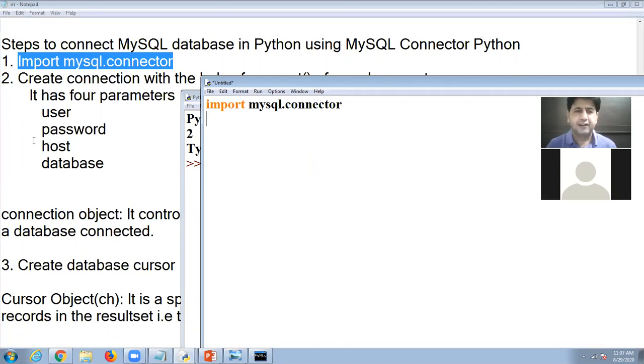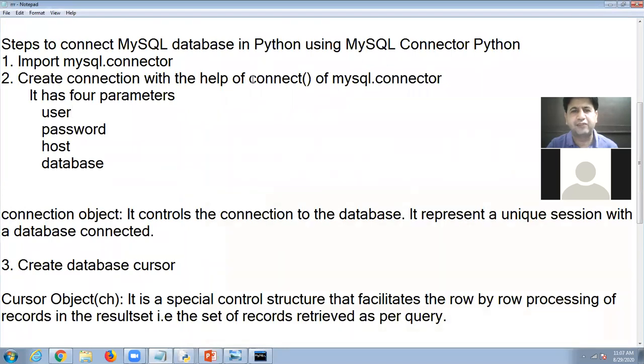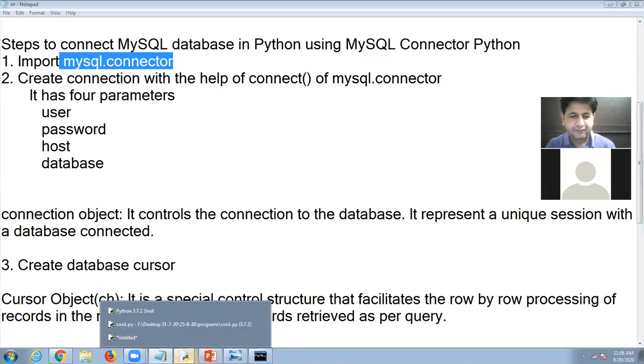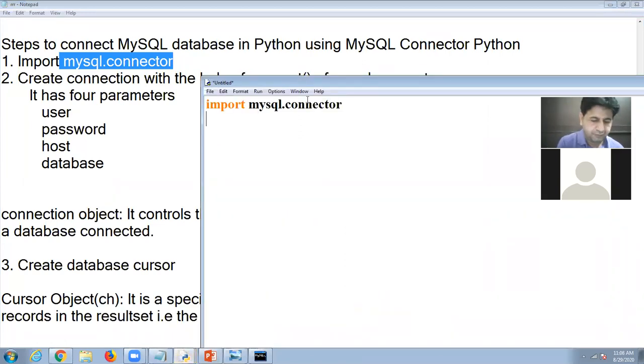For this, I will have to use one function that is called the connect function. Look at here, connect function. But connect function is a part of MySQL connector. So look at here: mysql.connector.connect, bracket start, bracket close.